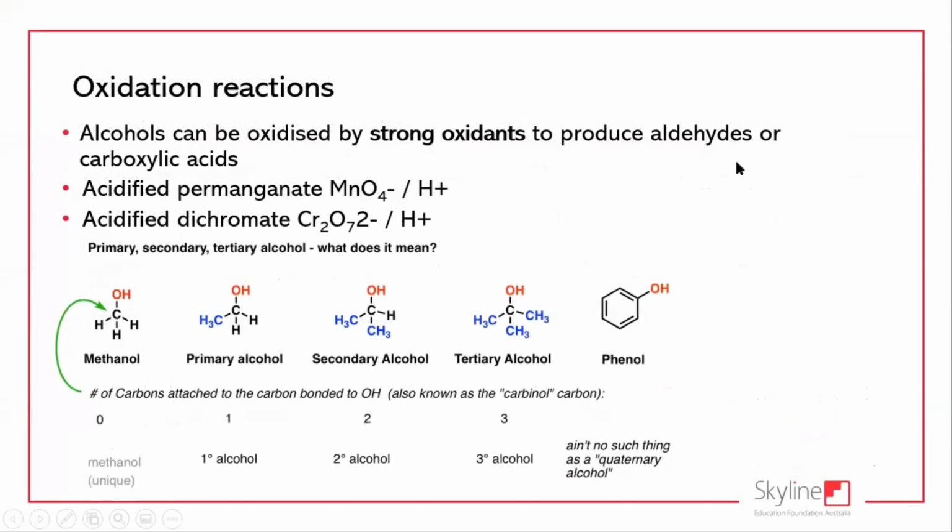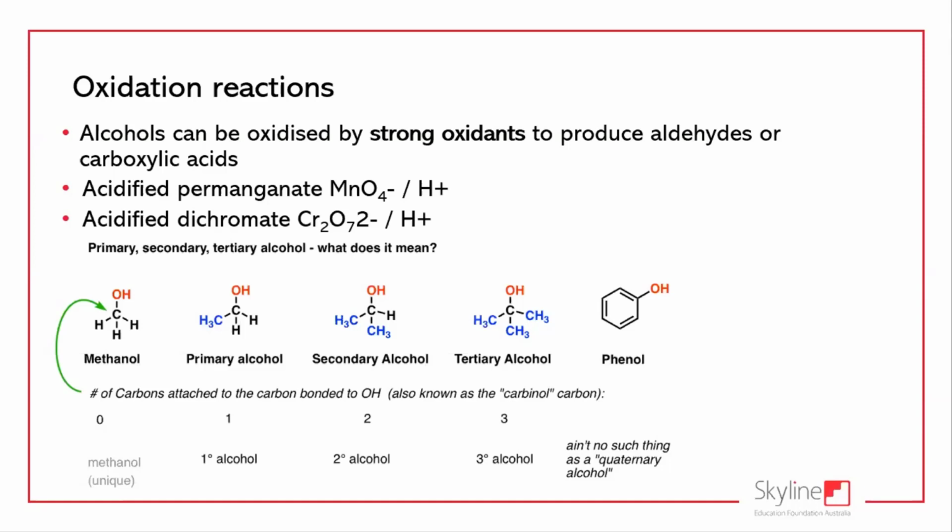Oxidation reactions are the next one. So alcohols can be oxidized by strong oxidants to produce aldehydes or carboxylic acids. The strong oxidants you need to know in VCE are permanganate, acidified permanganate, which is MnO4- and H+ for acidified, and acidified dichromate. Dichromate, if you remember, right from the start of redox, this is something I was talking about, which is Cr2O7